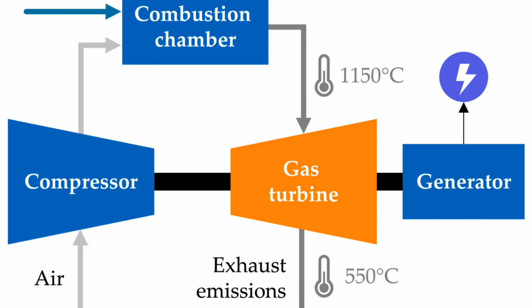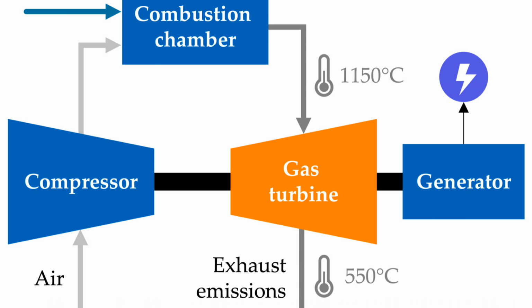Means first component in the gas turbine is the compressor, and in this compressor we supply this atmospheric air. Here a filter is also put to remove the dust and various impurities from the air. And in this compressor the pressure of this air is increased. After increasing this pressure of air, this air is supplied into a combustion chamber. Means this high pressure air is then passed into a combustion chamber.